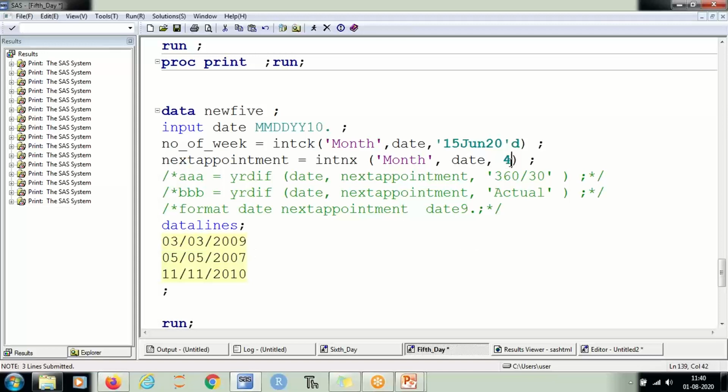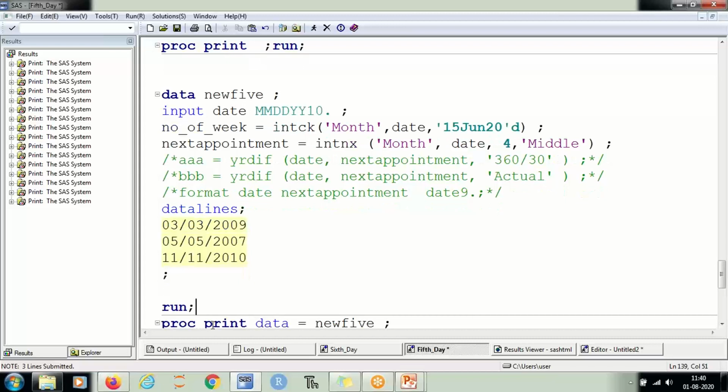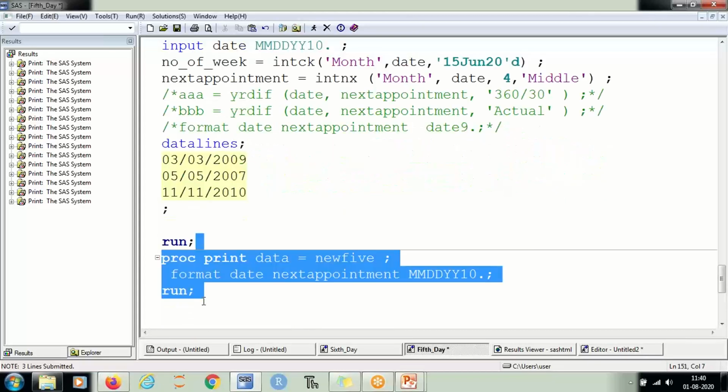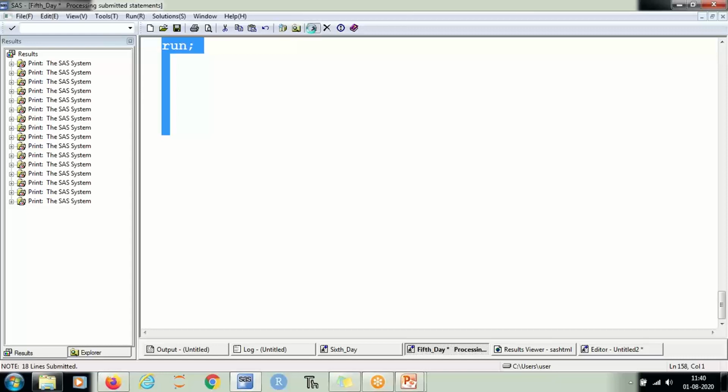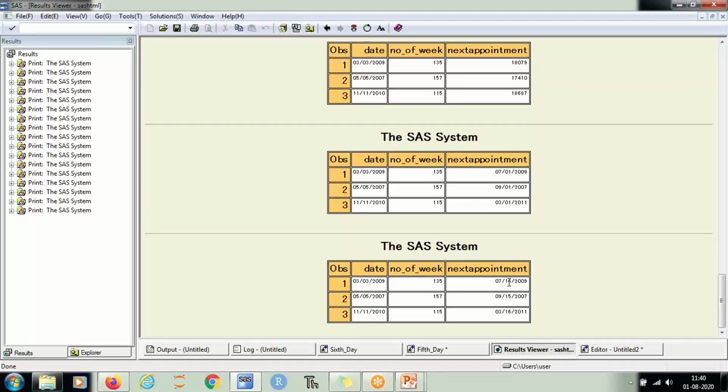So I can use the fourth parameter, which is known as the alignment parameter. I can use middle. In this case, this will return the mid of the month. So the middle date, 16, 15, 16.